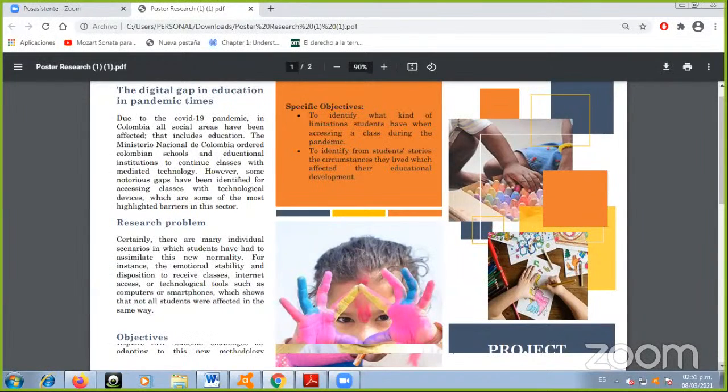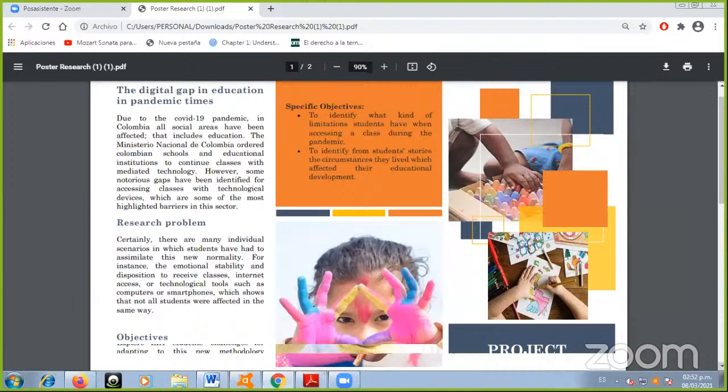However, some notorious gaps have been identified for accessing classes with technological devices, which are some of the most highlighted barriers in the sector. So the research problem is that certainly there are many individual scenarios in which students have had to assimilate this new normality. For instance, the emotional stability and disposition to receive classes, the internet access or technological tools such as computers or smartphones, which show us that not all students were affected in the same way. In that way, our intention with this research project, or our general objective, is to